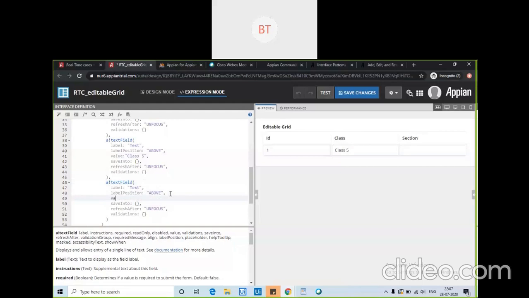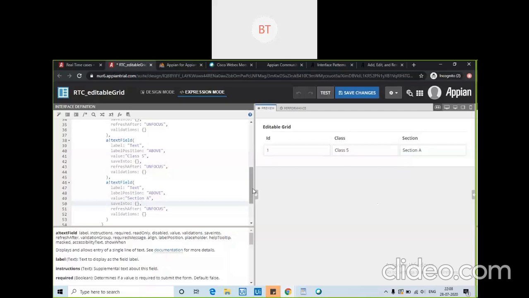I am starting from hardcoded values to show you how all the functionality works. Then I will fetch the data from the database itself. Section A, suppose. Now these values you can see here, you can edit also, but as usual it will not be saved because in save into we have not given anything. So we need to give something in save into also, some variable, maybe rule input or local variable, something we need to assign into save into, then only it will be saved, whatever it will be changing.